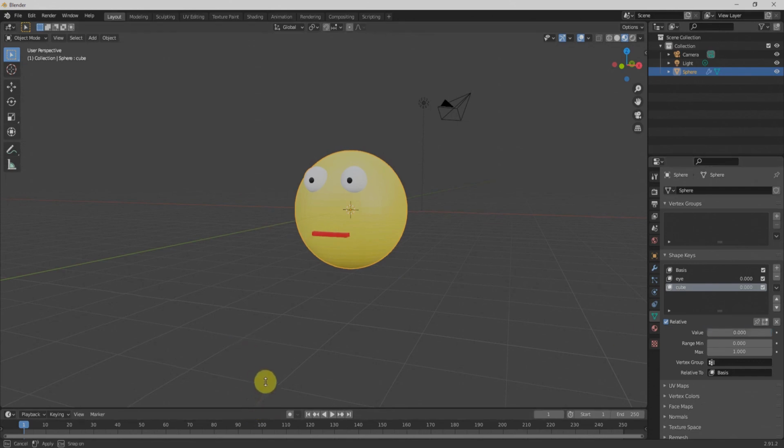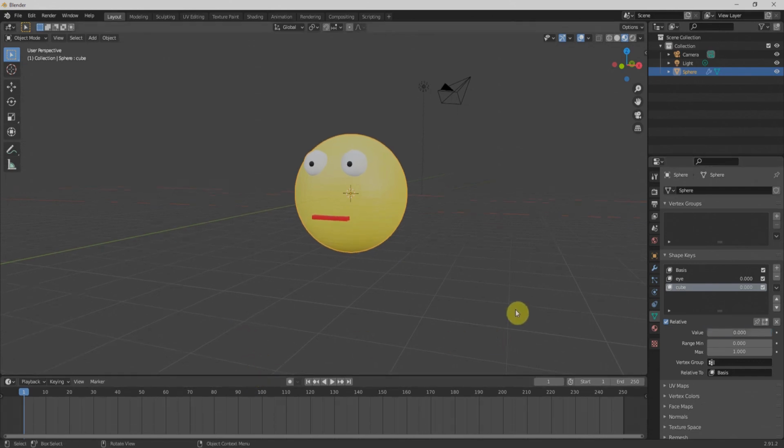So now we'll make it more interesting by adding a keyframe. We'll go to the eye, click on this button to add a keyframe, and select the cube and add a keyframe at a value of 0. We'll go to frame 20 on the timeline, which we learned in the previous lecture.